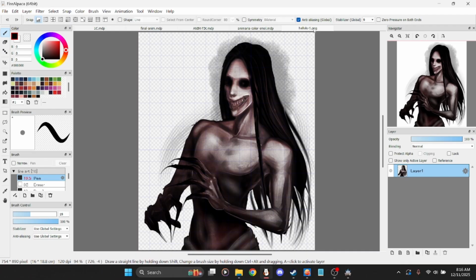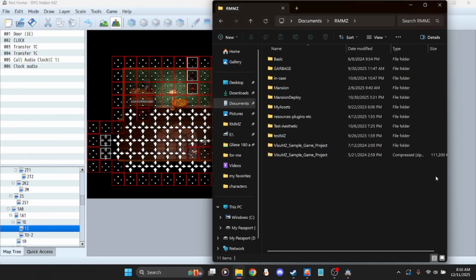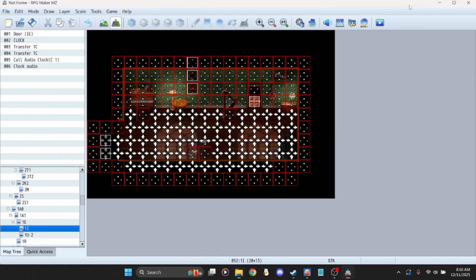So that should be, no, we're not saving. That should be everything up to this point. Hopefully that's a thorough explanation of the entire process, the implementation, and